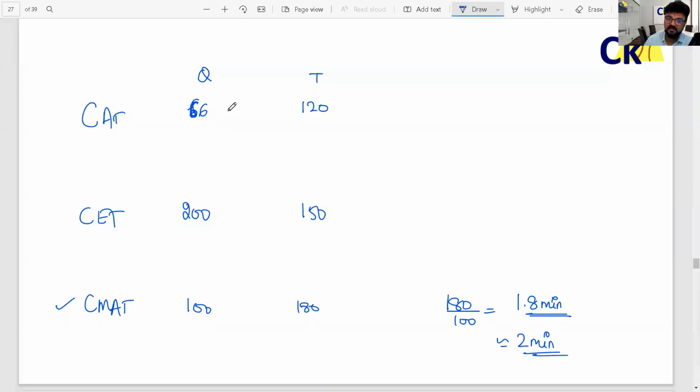Okay. CAT में there are 66 questions, but you can't solve all of them. करना भी नहीं है, कर भी नहीं पाओगे. Both ways. Your target should be around 40 questions. Even if you crack 40 questions, you can still go to IIMs. Otherwise, let's keep the target of attempting and solving 50 questions. Okay. So if I attempt around 50 questions, that gives me approximately 2.4 minutes per question, which is more than sufficient time to again solve.